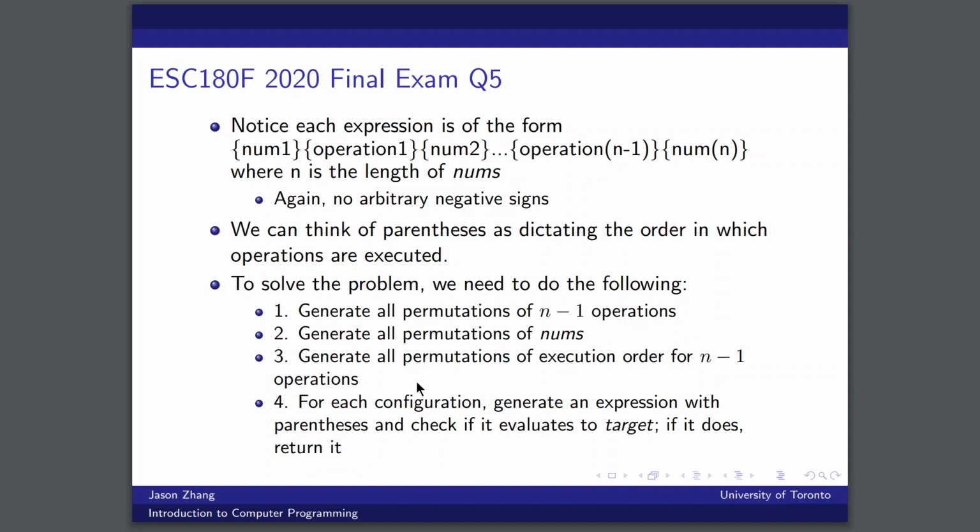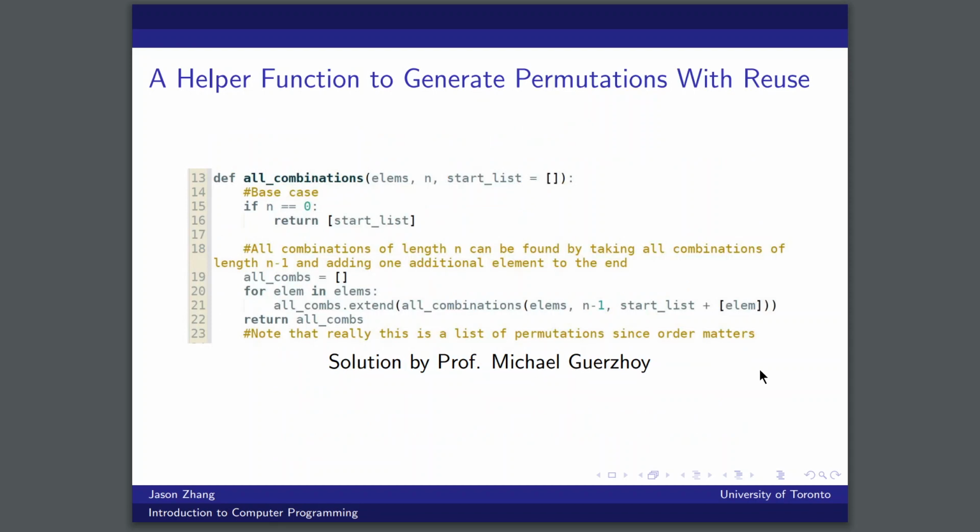And then for each configuration, which means a permutation of operations, of nums, and of execution order, we can generate an expression with parentheses and check if it evaluates to the target, once again using Python's eval. And if it does, we should return it. So first of all,